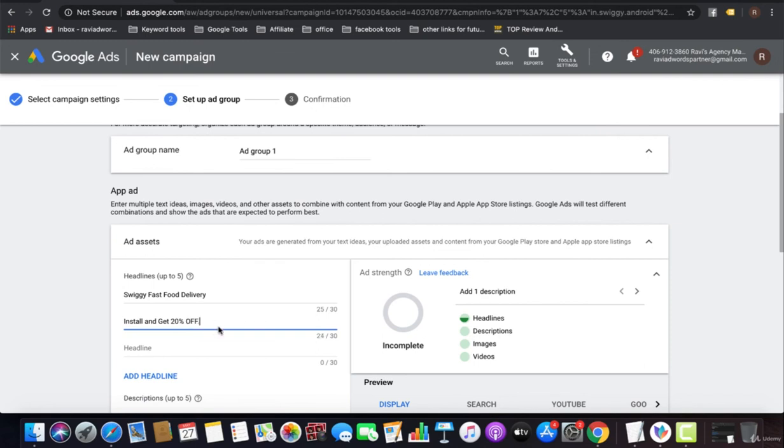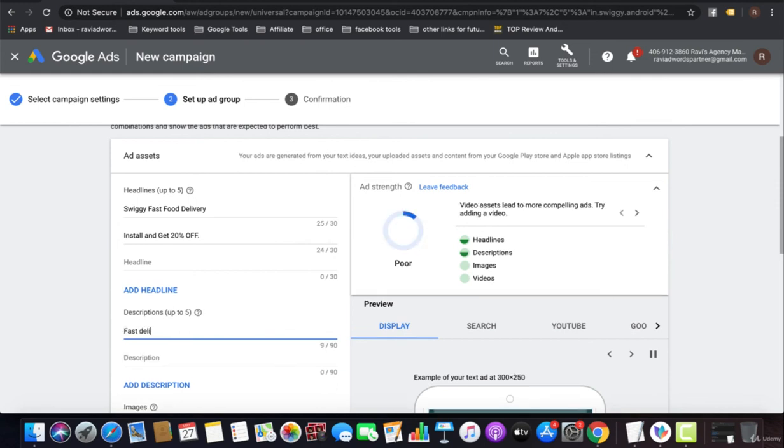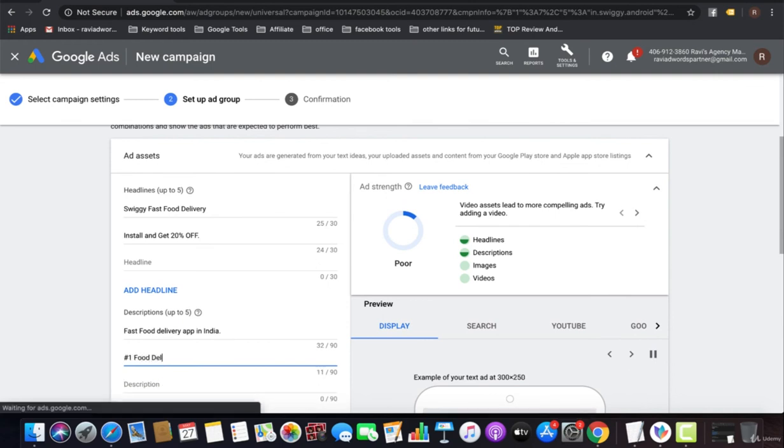That is my headline, and I can go with the fast food delivery app in India. You can add number 1 food delivery platform in India.